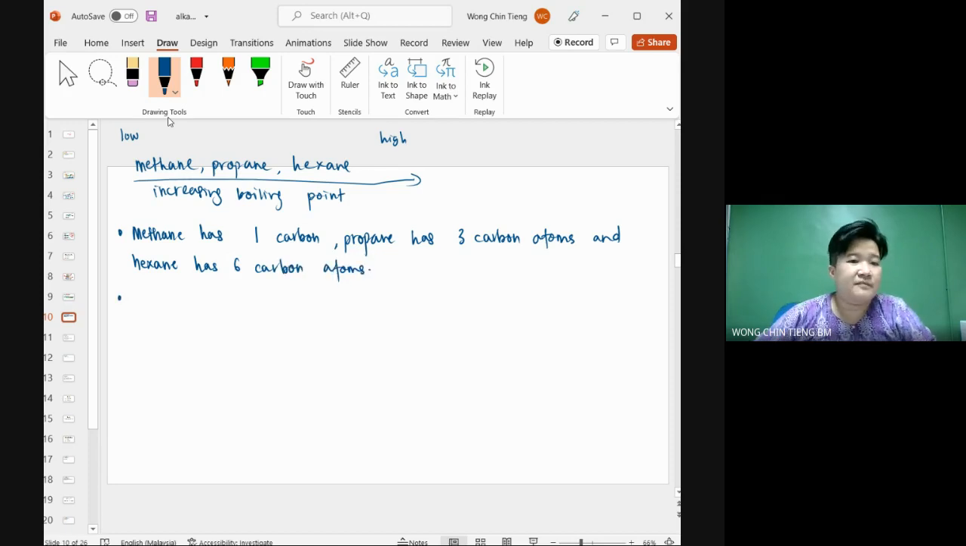Okay. And then bagi tahu. Dan baru kita masuk kepada molar mass. Hexane